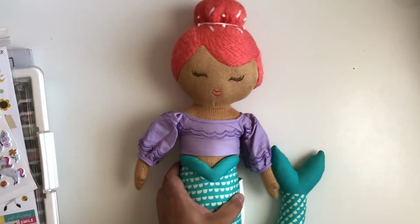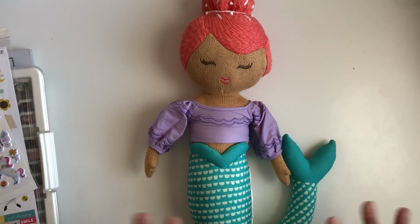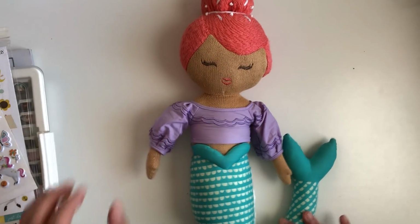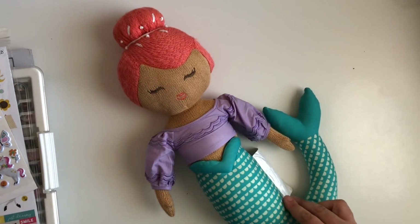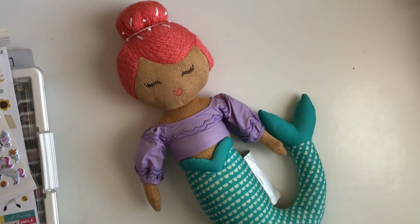First thing I want to show you guys that I'm super excited about, I got this super cute little mermaid from Target. I had seen Solange haul this beautiful mermaid. She gifted it in a swap, a mermaid swap. So I had an opportunity to get a coupon deal on Google Express, which is a quick way to shop, and they are partnered up with a certain amount of stores. So they have Joann's, Walmart, Target, and they were offering, I think last week or the week before, $15